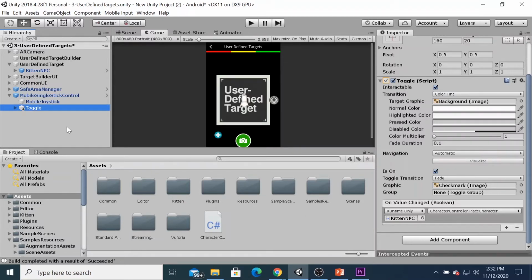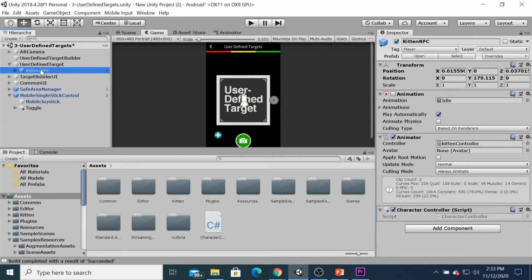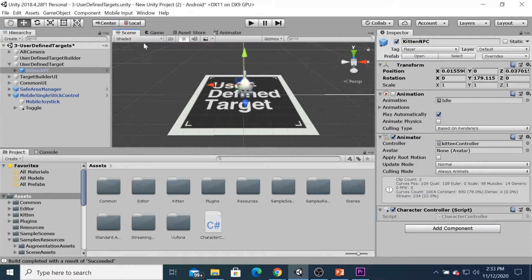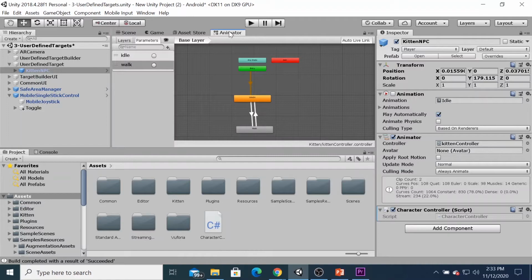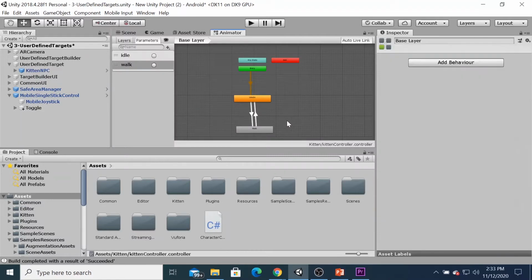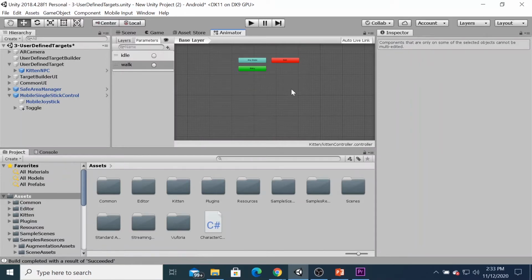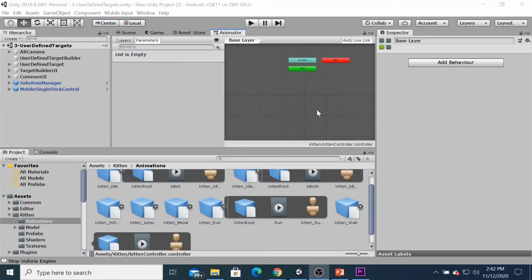Then fine. So in order to add the animation, you can click the kitten, the 3D object here. You can select the animator. You can remove the other animation. Then after you remove all the animation inside the animator scene here, you can add the parameter here.